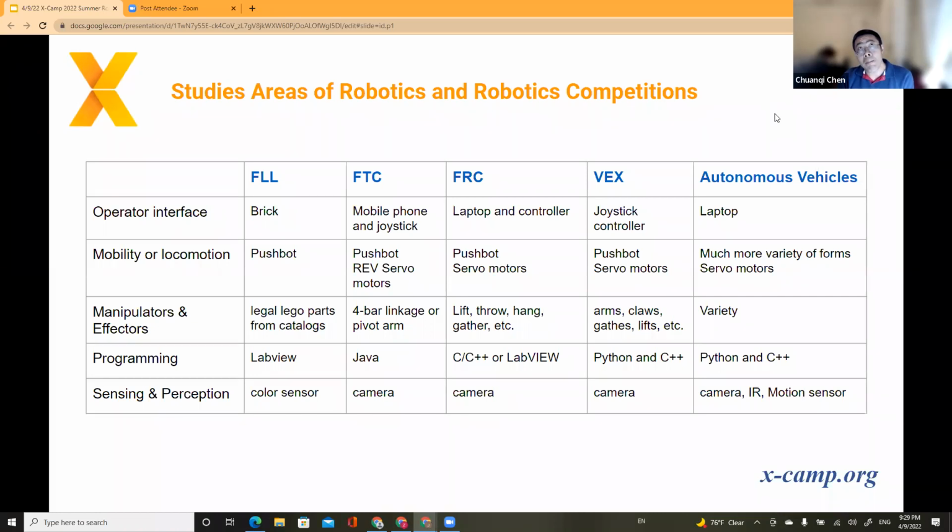Number three is that a lot of our kids, when they apply for university, don't know how to tell a story. Like, hey, I've been in robotics. Why do you want to do computer science? And why do you want to do robotics? They don't know how to relate robotics to the future, to the different types of fields. Like what Dr. Jin talked about: the user interface, the mechanical design, the control, the decision making, the algorithm.